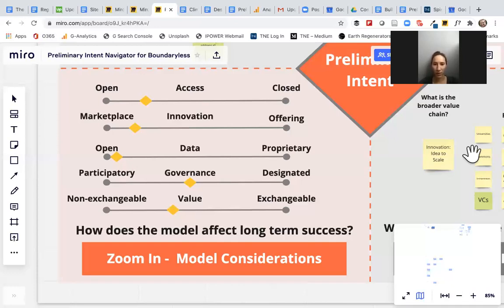And the last one is value. This is really to get people thinking about the plurality of value types. Especially with blockchain, there are things like the ability to create tokens, and that gives new superpowers to platform designers. So the value can be, on the left side, non-exchangeable, and we think of that as things that are inherently valuable to humans for us to stay healthy. But if you go out and do something, nobody's going to pay you for it. So it's not an exchangeable value. It's something that people need to be doing but aren't.